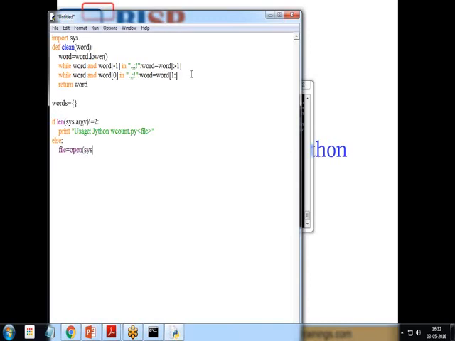file is equal to open, and whatever argument the user is going to pass, argv[1], so it will access the file in read mode, and then we are going to read the file line by line. So I store into lines: lines is equal to file.readlines(), it will read one by one, and file.close(), so once the file has been read and stored into lines, it will be closed. Then I run a for loop: for line in lines,